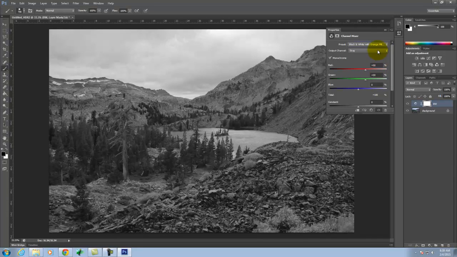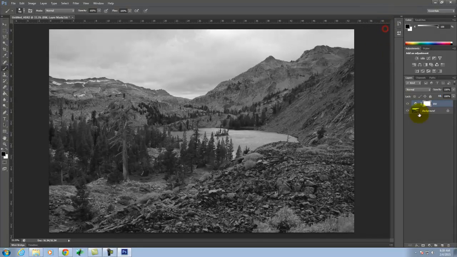Kind of like the orange filter. We're going to go with that. Okay. All right. So if I look over here in my layer stack, I have my background image, which